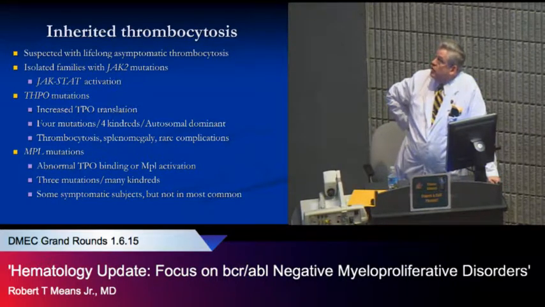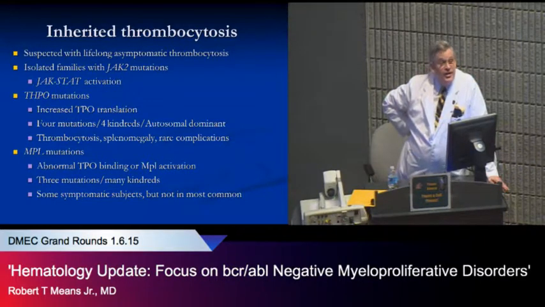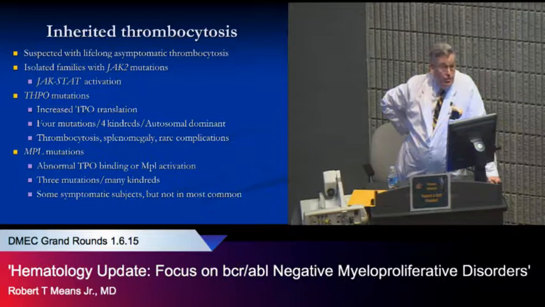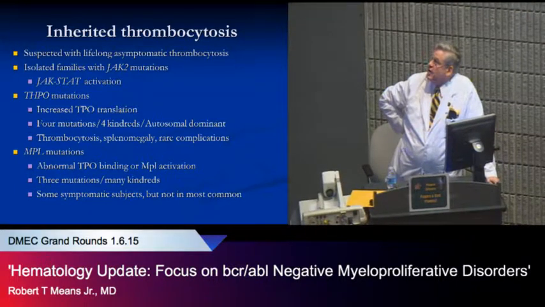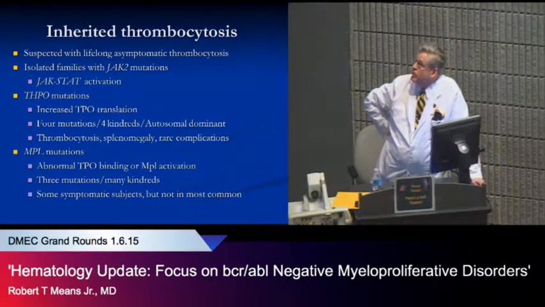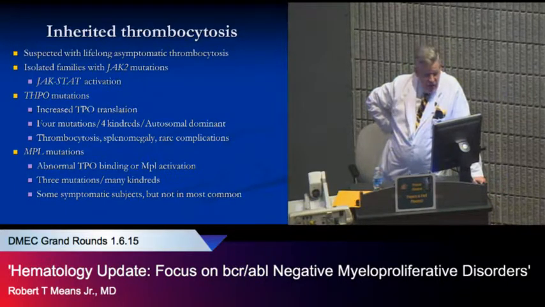are made. You can have thrombopoietin receptor mutations, which basically lead to more thrombopoietin, which leads to a drive toward increased platelet production. You rarely have complications. They will frequently have a mildly enlarged spleen, so they actually could be mistaken for a myeloproliferative disorder. It's autosomal dominant, and there are very few families.